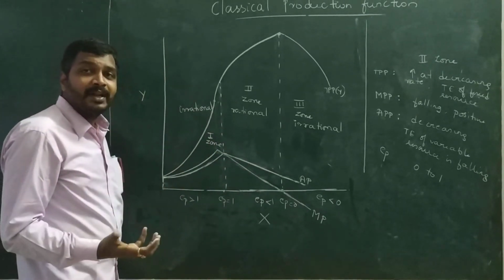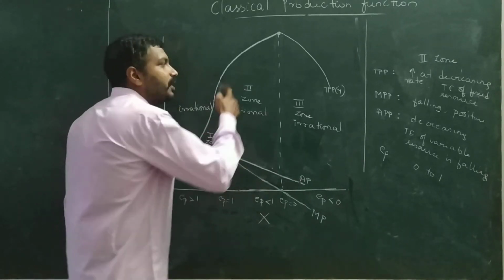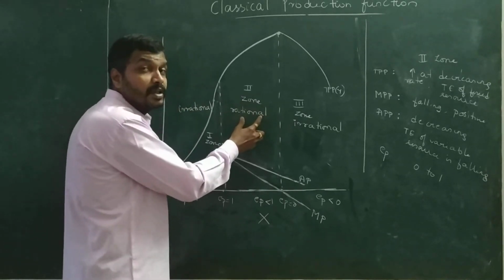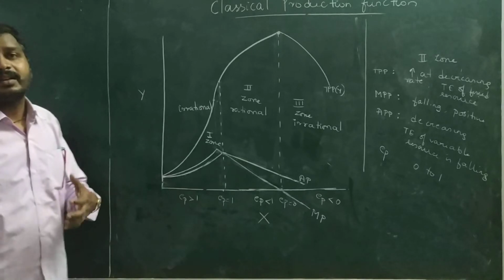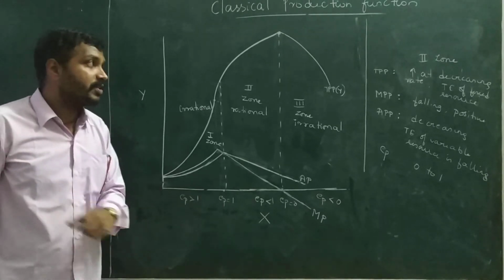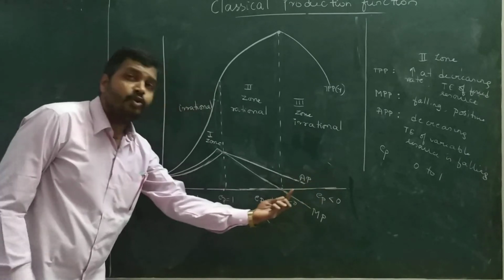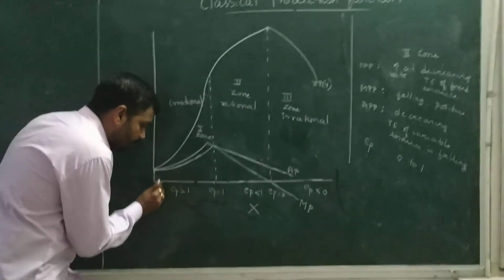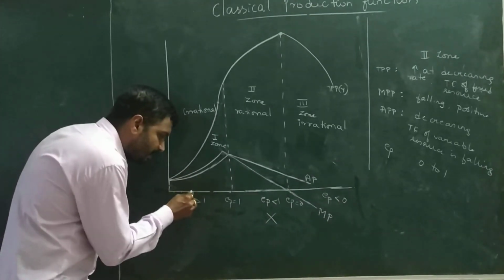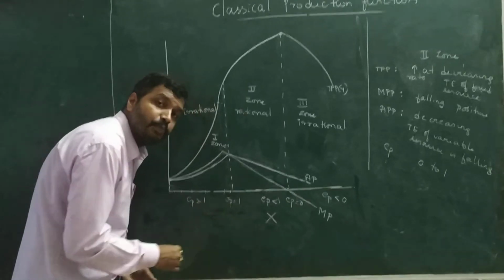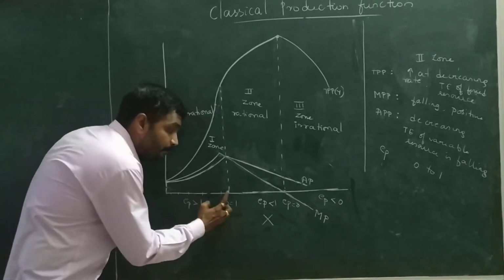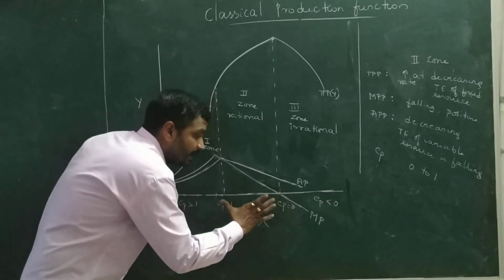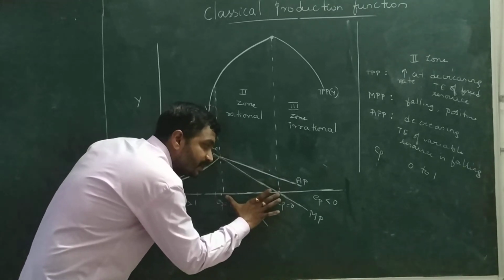Then where should he operate? That clearly indicates that he should operate in this particular zone. That particular zone we call the rational zone. Now, the final answer to our basic question, where he should stop input application. We have come to a conclusion that the farmer should continue application of this level of input, this level, this level, this level, up to this zone. He should not apply beyond this zone. That means somewhere he should apply input in this particular zone.